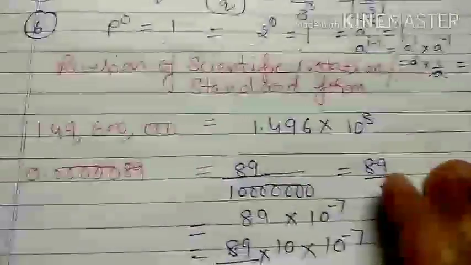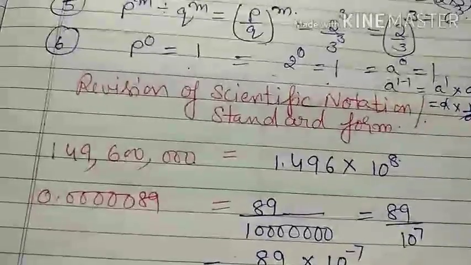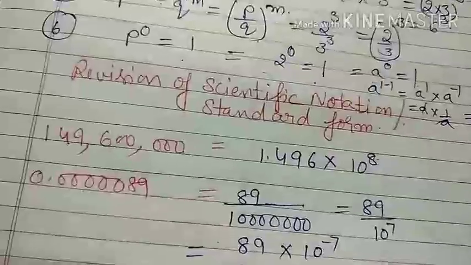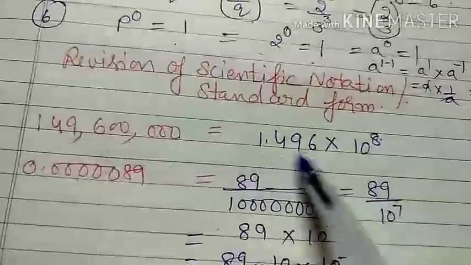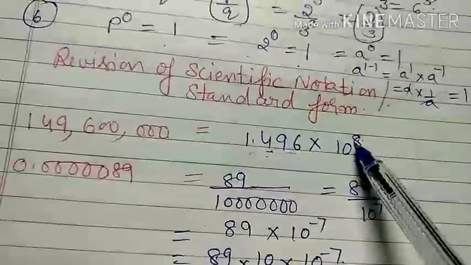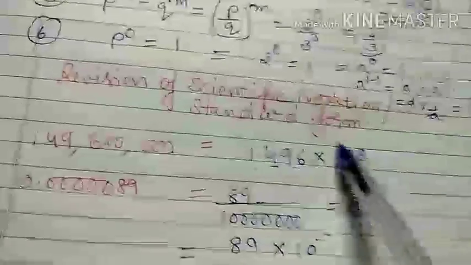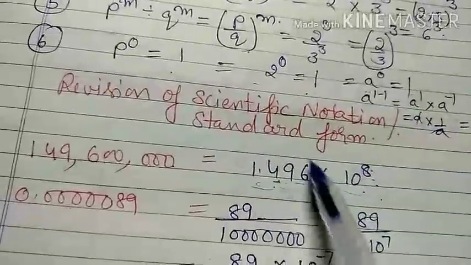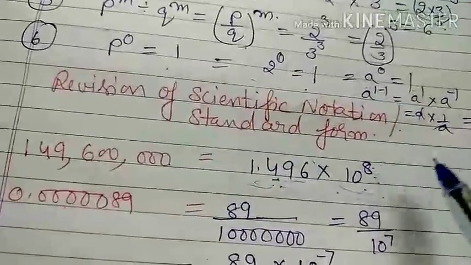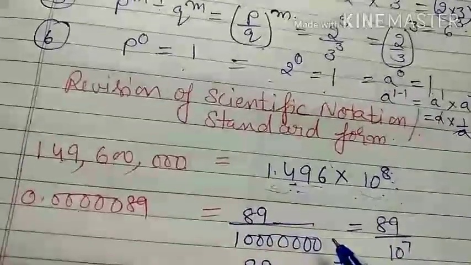Next is scientific notation. What is a scientific notation? Actually, scientific notation is a number represented as the product of a decimal number and 10 with the power n. N is any integer, negative or positive, any integer, there should not be a fraction. The condition is that any number should be written in decimal form and a multiple of 10 with a positive or negative integer power only. That we consider as scientific notation or standard form.